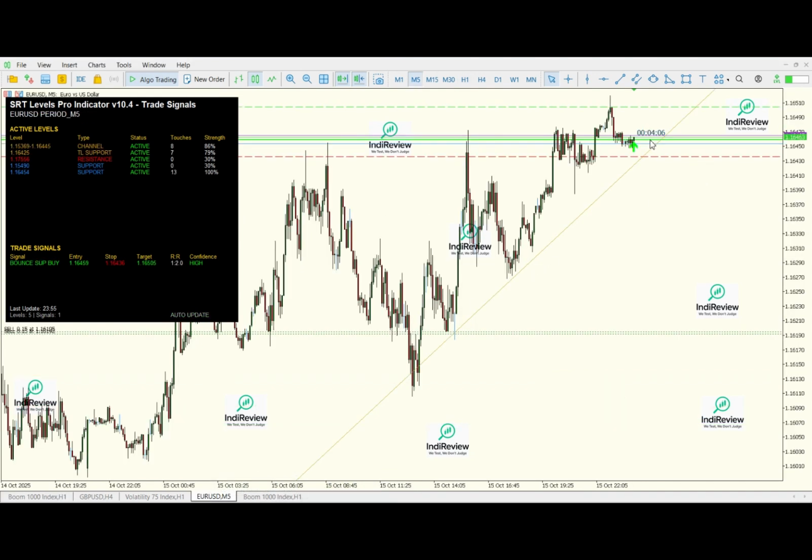So this one over here, that's Euro USD on M5. The signal says buy, bounce on support, because this is the support. The confidence is high, so I just have to decide whether it's okay to trade. Let's say I will just open the trade, go for buy, and it tells me that I have to put